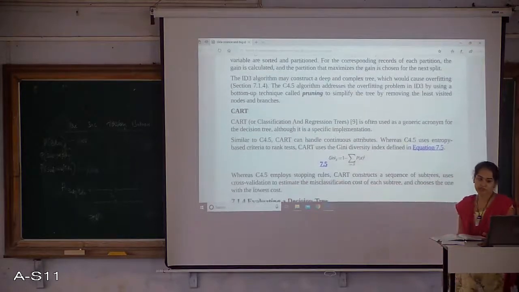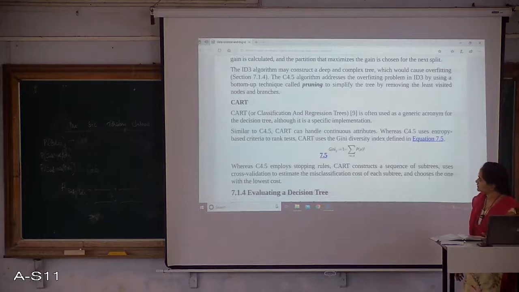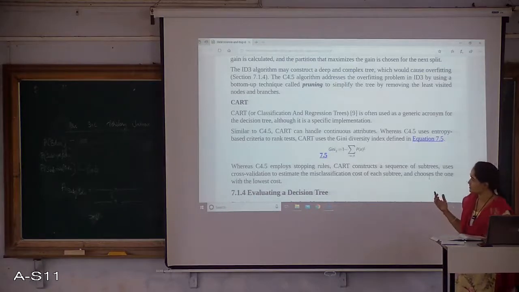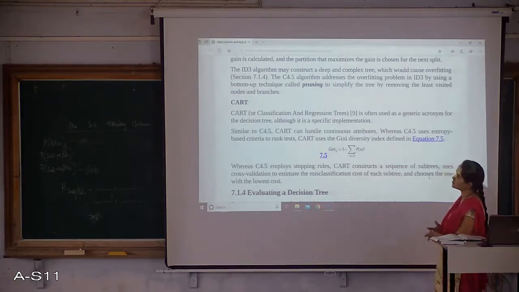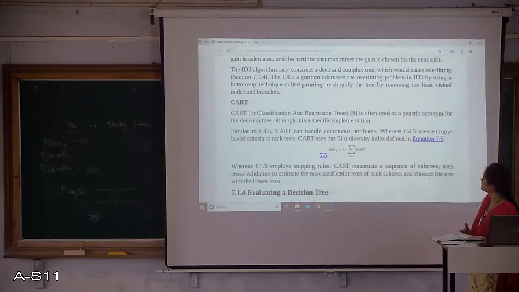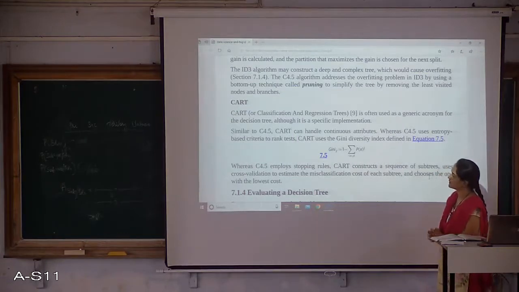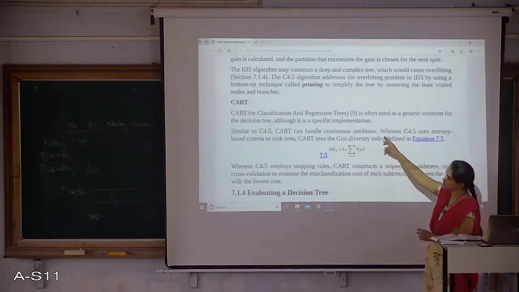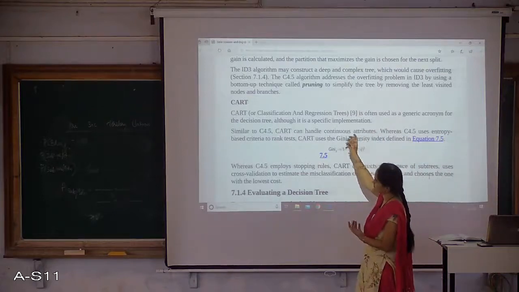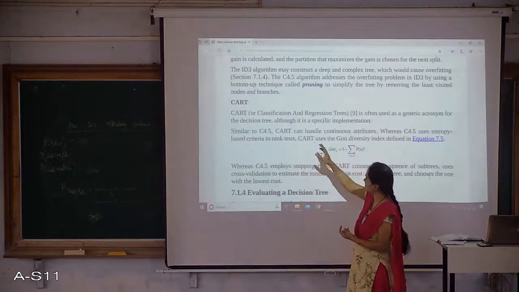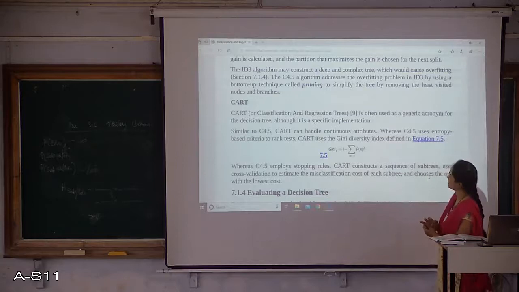Then there is one more variety of decision tree, called classification and regression tree, in short CART. So it's a decision tree with a specific implementation. It handles continuous attributes as C4.5 does.